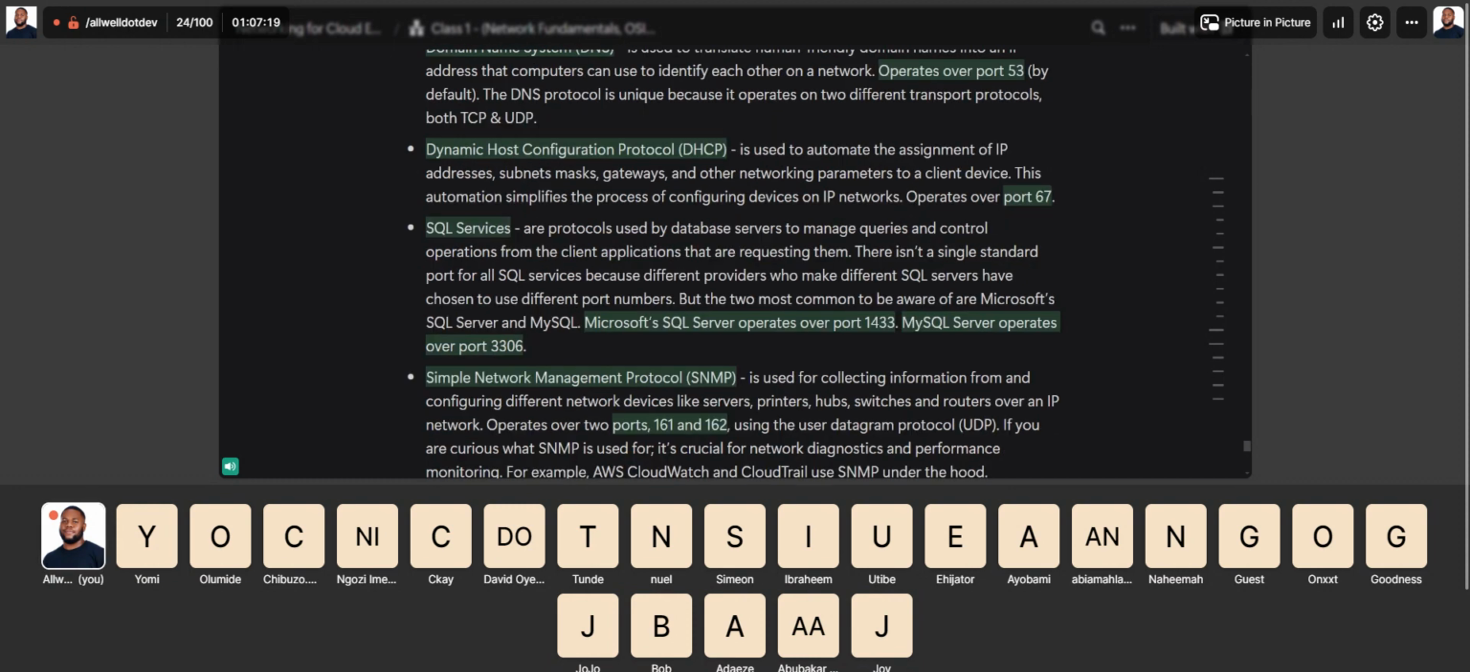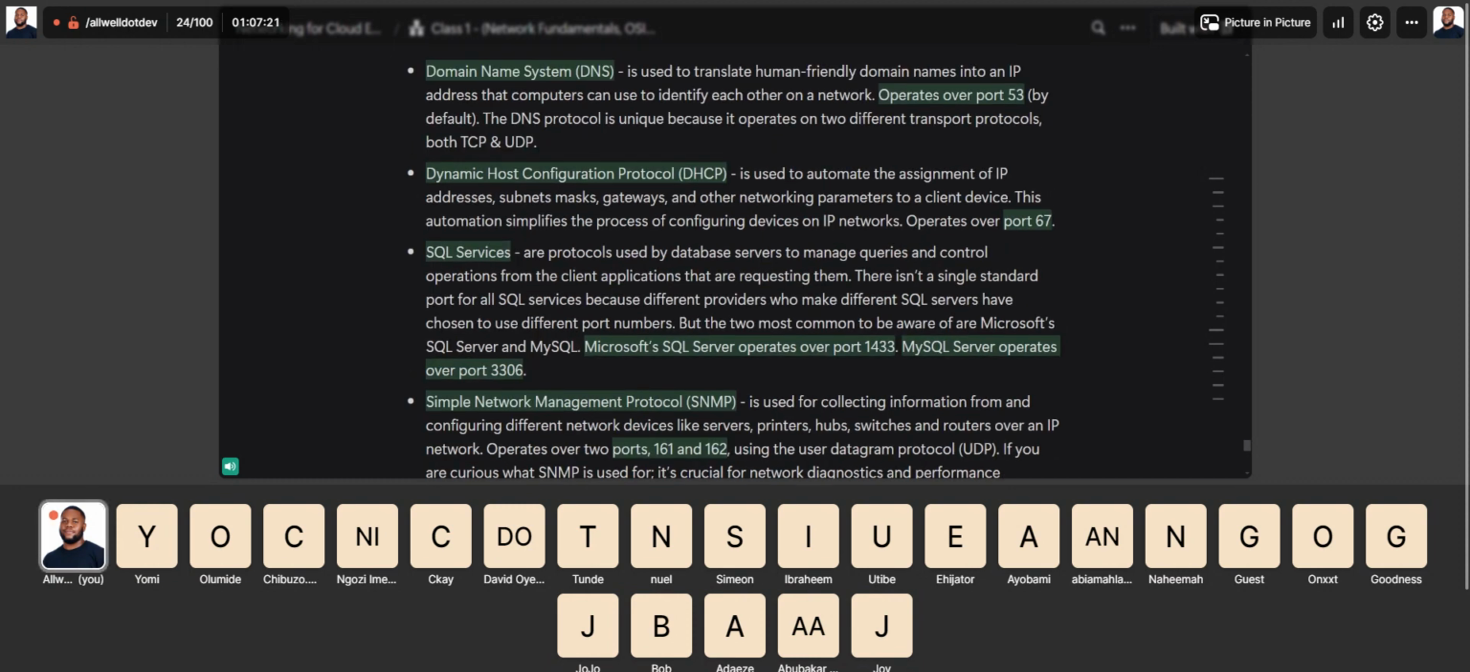Now we have DHCP, which is used to automate the assignment of IP addresses, subnet masks, gateways, and other networking parameters to a client device. So this automation simplifies the process of configuring devices on IP networks. There's a reason why once you connect to a Wi-Fi, your phone is quickly able to access the